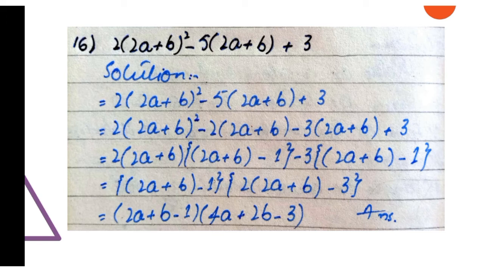Then from the last two terms we have taken minus 3 as common, and the remaining terms are 2a plus b minus 1, since minus times minus 3 ones are 3. Now both of these brackets are the same, 2a plus b minus 1, so write it only once, and the remaining terms are 2 into (2a plus b) minus 3. Now remove these braces and write it in the round bracket, and this became (2a plus b minus 1) into (4a plus 2b minus 3). So these are the factors of this expression.